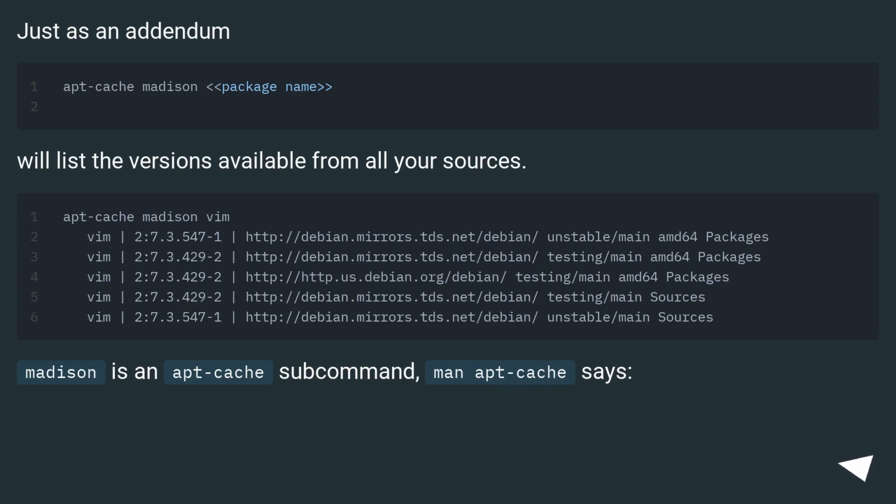Just as an addendum, we'll list the versions available from all your sources. Madison is an apt-cache subcommand. Man apt-cache says: